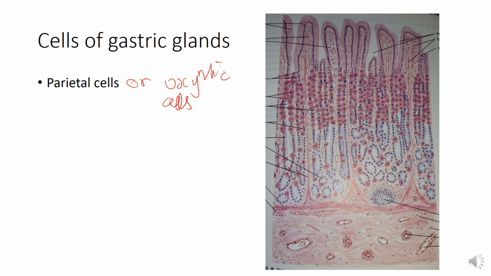You can see here they are mostly concentrated in the isthmus and neck region, while some are present in the basal parts also. The parietal cells are large, round to pyramidal cells located in the most peripheral part of the gland, and therefore they appear to bulge in the surrounding lamina propria. Their peripheral location close to the outer wall of the gland is the basis upon which these cells have been named parietal cells. In Latin, parietus means wall.